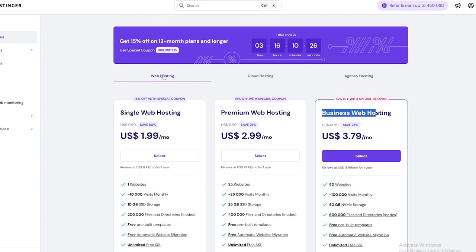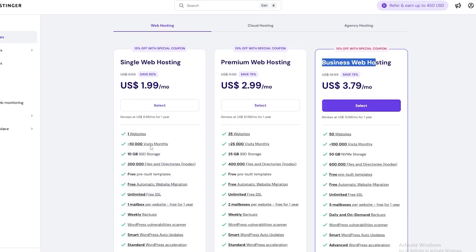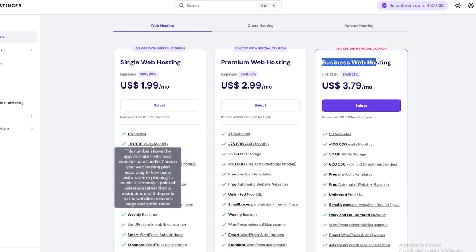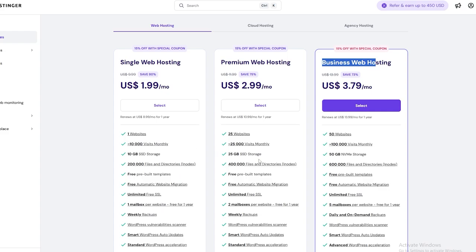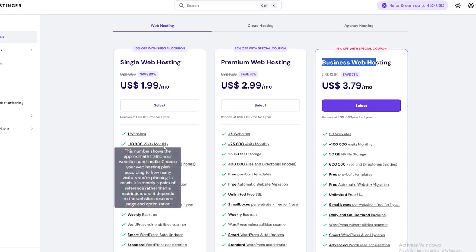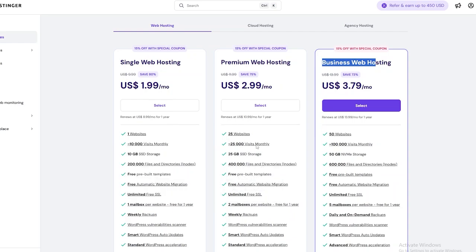So this one right here, single web hosting, supports up to 10,000 visitors per month. This number shows the approximate traffic your website can handle. So at a time, 10,000 people can come over to your website. I think that's more than enough, unless you have a very different type of website, then of course you're going to need a bit more visitors